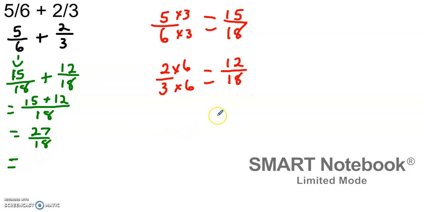So I could work on the side and I go, 18 plus 18, right? Because that would be 2 wholes. So 8 plus 8 is 16. Bring down the 6, carry the 1. 1 plus 1 plus 1 is 3. So that's 36. 36 is larger than 27. So I know that there's only one whole number. So if I did that and I go 27 minus 18,